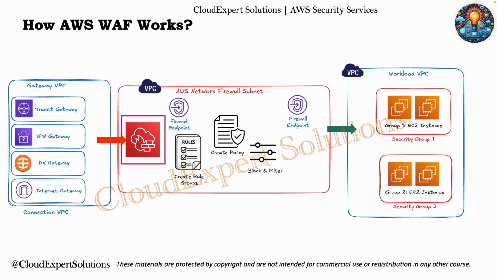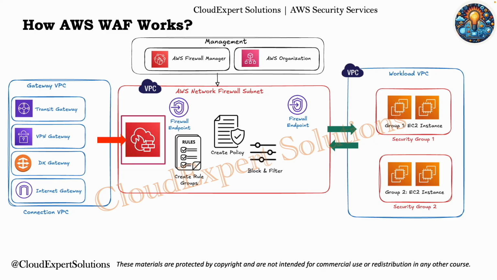It also works in reverse direction. That is, requests from workload subnets will be routed through AWS Network Firewall first before routing to Internet Gateway or VPN Gateway. Now, when it comes to management, and if you have more than one AWS account, then you can